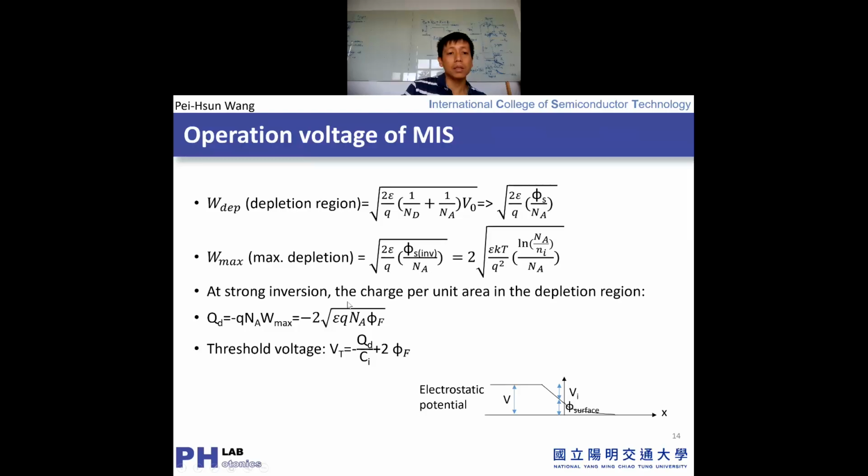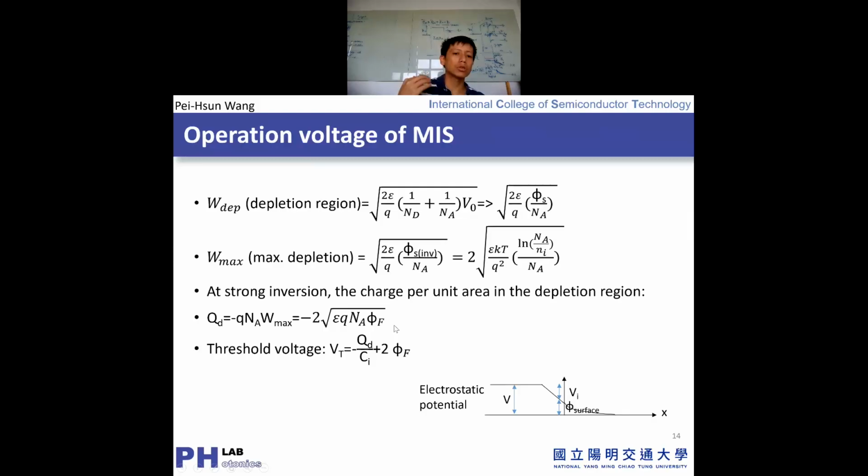And when we are working with strong inversion, the charge per unit area in the depletion region can then be determined, because we get the depletion charge, which is the total width of the depletion multiplied with the doping. So initially we need to deplete the majority holes. How many majority holes are in the semiconductor? We get Q multiplied with NA with W max, which is the surface charge density. So you replace this W max with this function, you will know how much extra depletion charge we need to